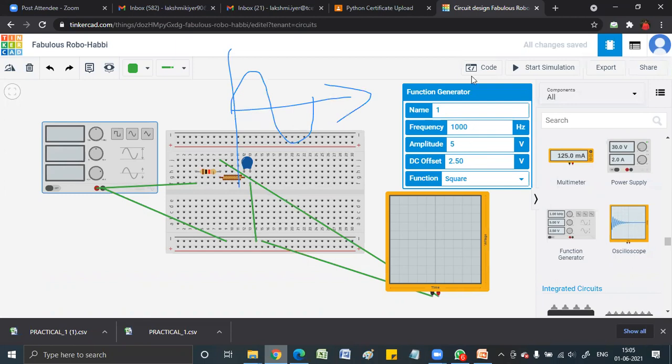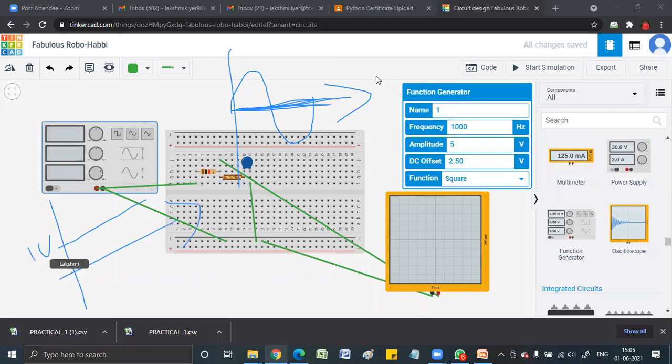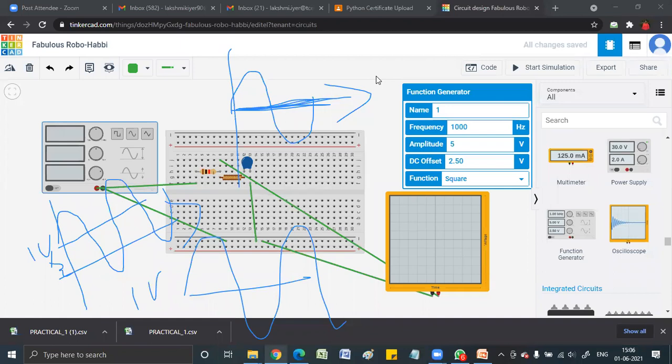What is the DC offset over here? Do you see any DC offset? Is it above the DC line? No, there is no DC offset. You've started on this line only. The signal is half up and half down on that reference line only. So there's no DC offset. But if I say there's a DC offset of 1 volt, you have to have 1 volt of DC signal, and over that 1 volt, your signal will ride. So there's some offset. Is this clear?